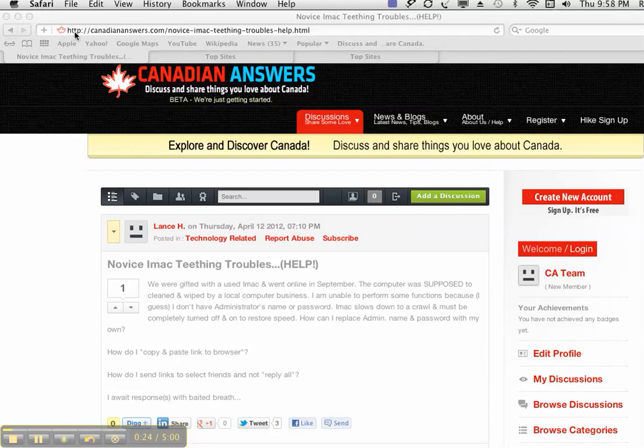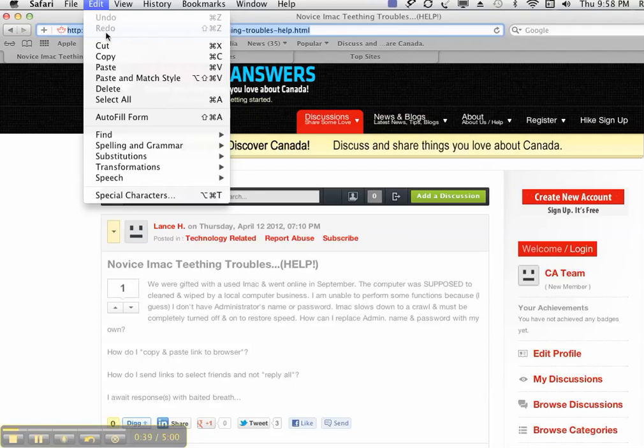And this here is called a link, a uniform resource locator. What you want to do is hold down the mouse and select all of the text, which is the URL, and come up and say copy, which is the same thing as holding down the command key. On your keyboard you're going to see a symbol like this, and it's Command C. So a quick way of doing it is to use your keyboard function, Command C,